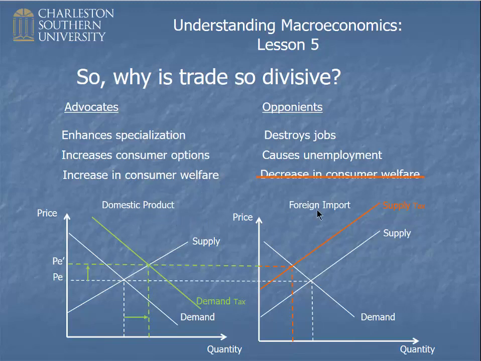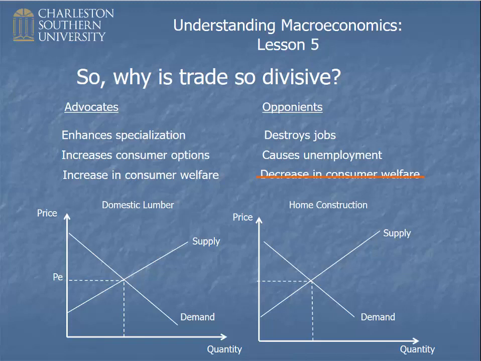So let me change this example a little bit to something that you might be familiar with. Instead of calling this a domestic product, let's call it domestic lumber. So it turns out that we produce a lot of lumber in the United States, but so does Canada. And we have at the moment restrictions on Canadian lumber. Did you know it's really difficult for you to buy Canadian lumber to use it to build your house because we have import tariffs on that? So what happens is that because this substitute, this competitor for domestic lumber, has a big tax on it, it causes the demand curve for the domestic lumber to shift out.